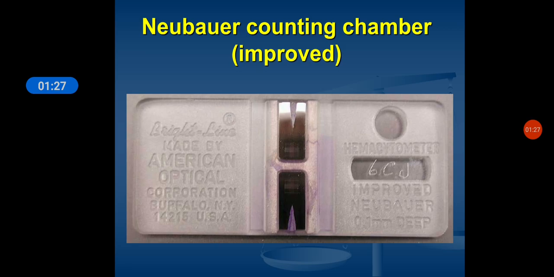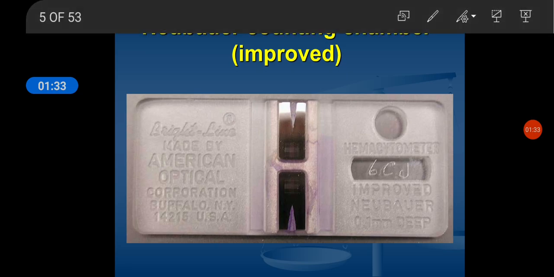So this is the improved Neubauer counting chamber, wherein you dilute the fluid. Can you see that edge shape? At the edge you put a cover slip, and at the edge you put a drop of blood with the diluting fluid.